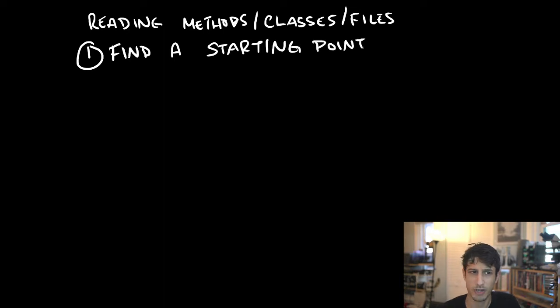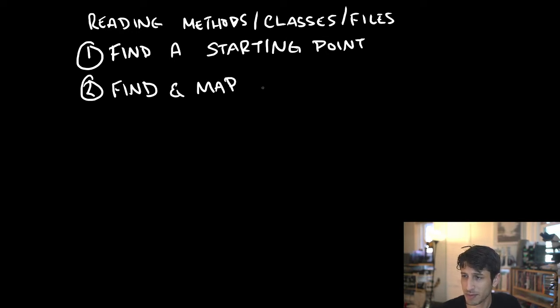Okay, so we're going to try to figure out where we're going to start from. From there, we are going to find, and in our case, we're going to actually start to map these out. And we'll show you what that looks like. We're going to start to find and map